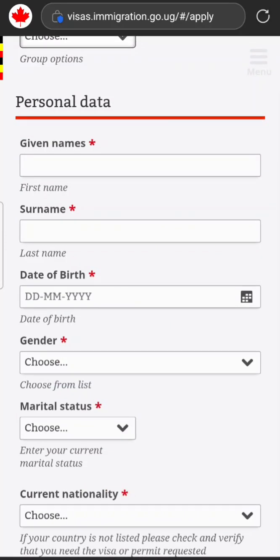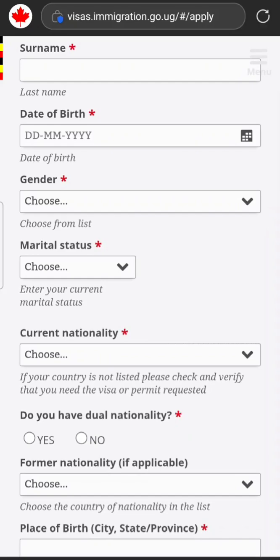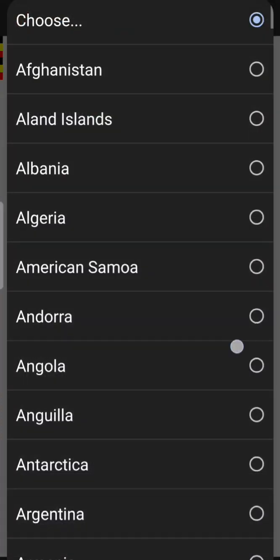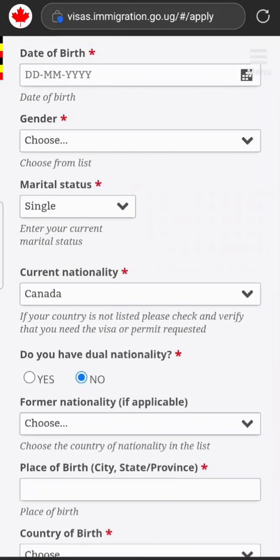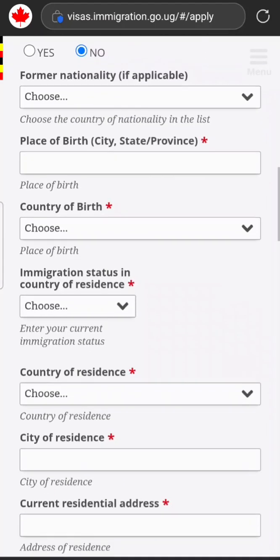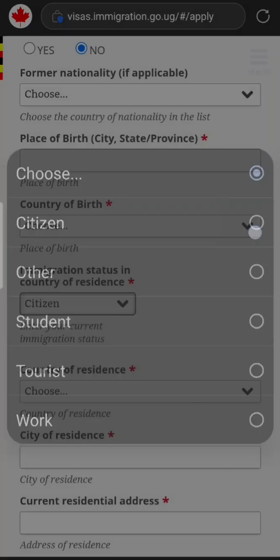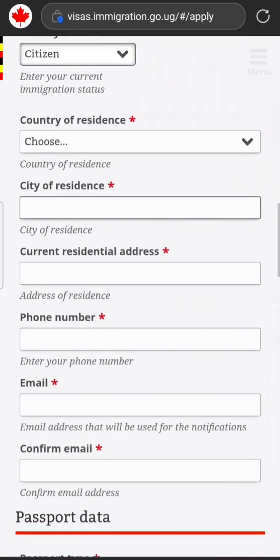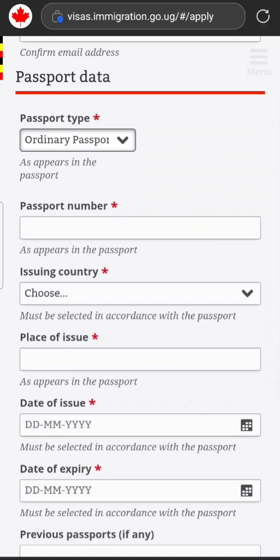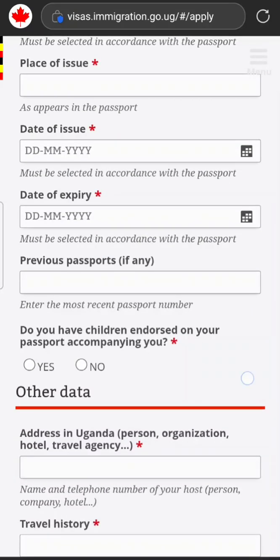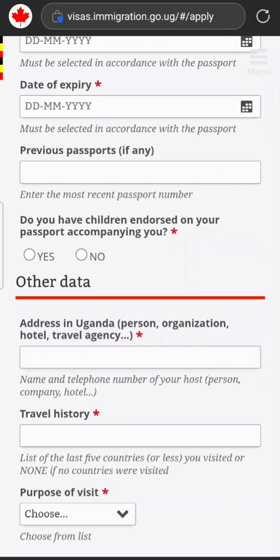So first is given name, surname, date of birth, gender, marital status. Select as per your own case, not what you see here. Do you have dual nationality, country of birth, immigration status in country of residence, city of residence, email, passport type, ordinary passport, issuing country, place of issue, date of expiry, other data, address where you are going to stay in Uganda,